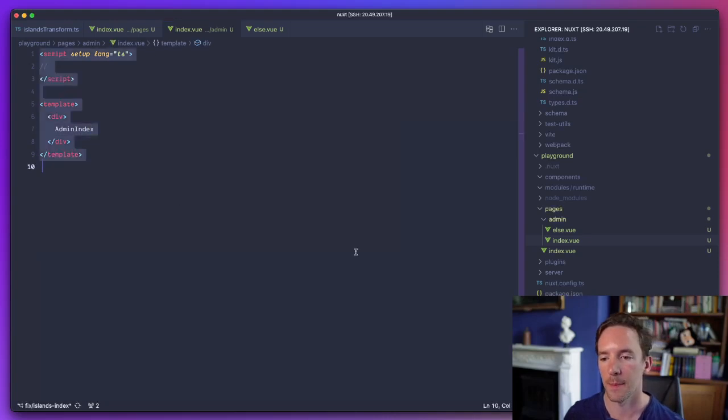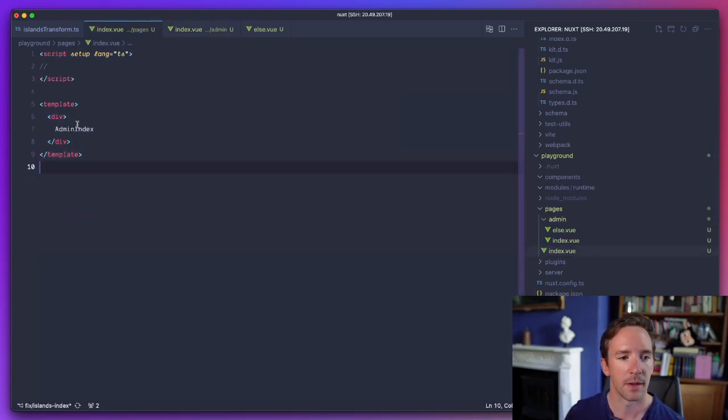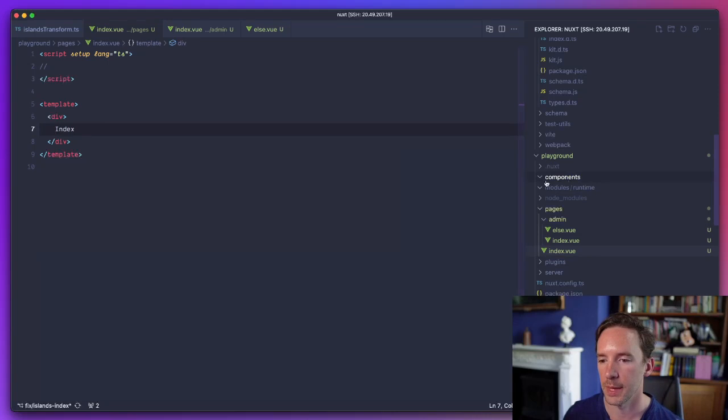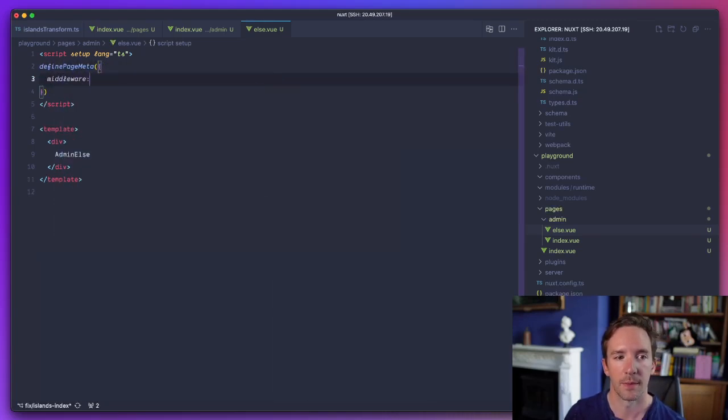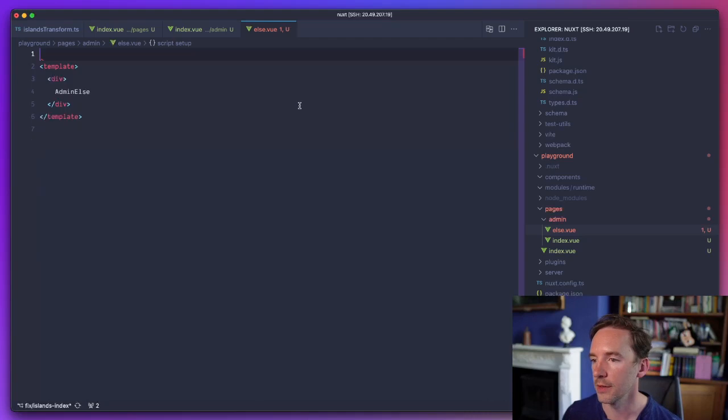Here's your app, and you've got your index page now, and you can manually add it yourself. Define page meta with a middleware, like some middleware, right? So that was fine, but you have to add it in each file.